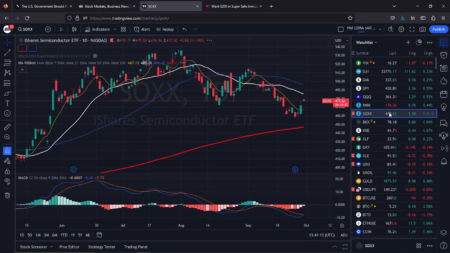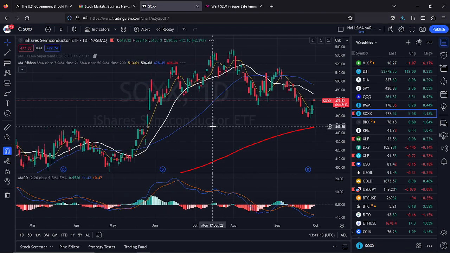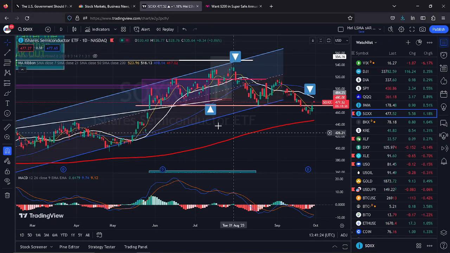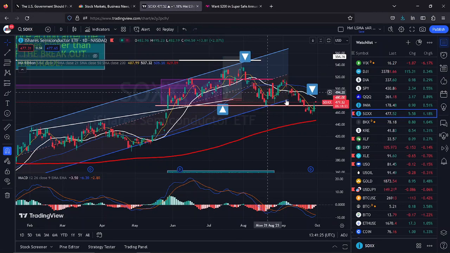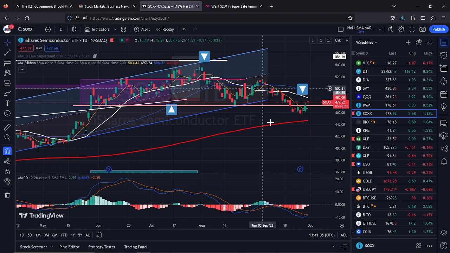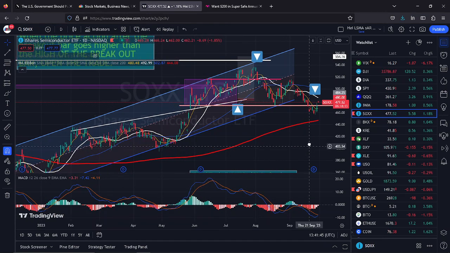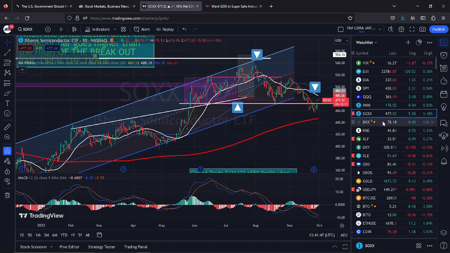SOX, Semiconductor Sector Index. After a really nice run this year, it came off, went below the channel level, this level, and this kind of like triple top, and then into the ABC pattern. Right? You have a 1, 2, 3 up wave, and then towards the end of the up wave, we go into an ABC zigzag. Pretty much that.